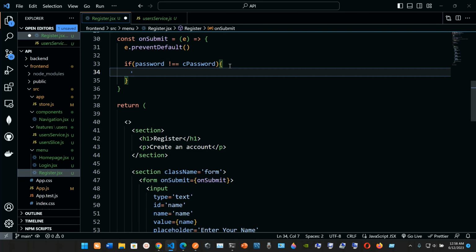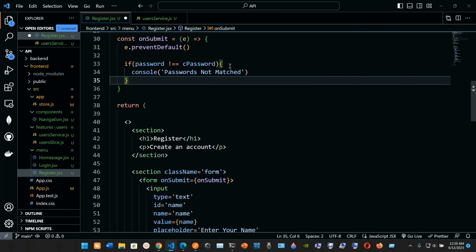So we're just gonna cancel, passwords do not match, like that. So else